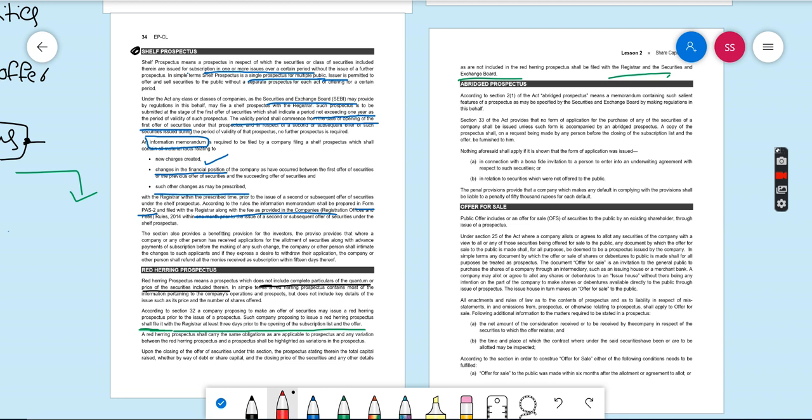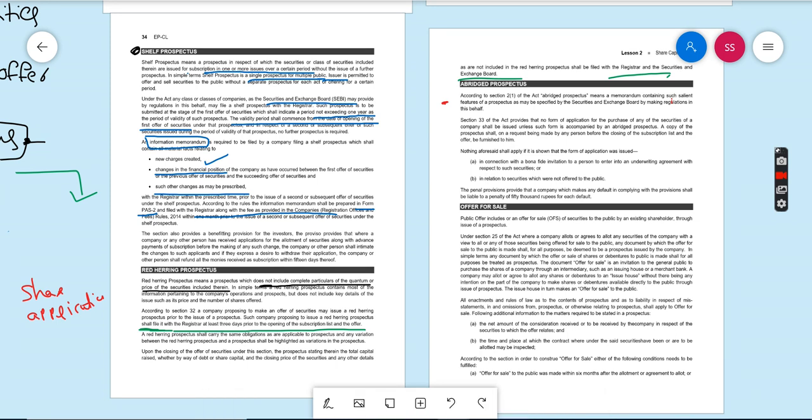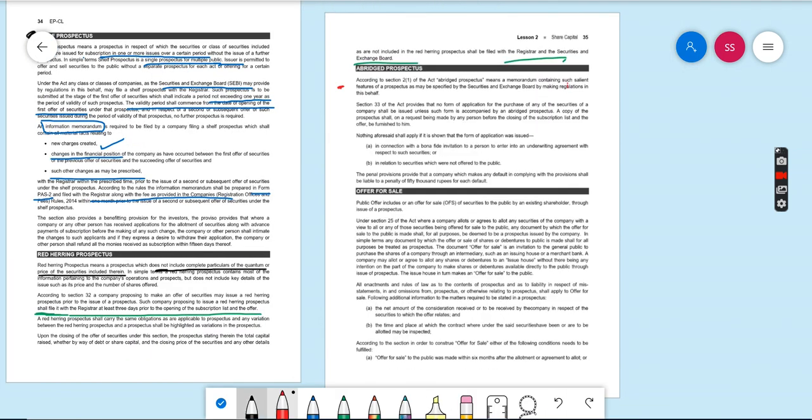See, a prospectus contains vast information about the company. So it's not possible for anyone to read all the information included in the prospectus. That's why, while you are buying the share application form, they will give an abridged prospectus. It contains only salient features, that means only summarized. So we can say that this is the summary of the prospectus. It contains only the important issues. Only important features of the company will be there in the abridged prospectus.